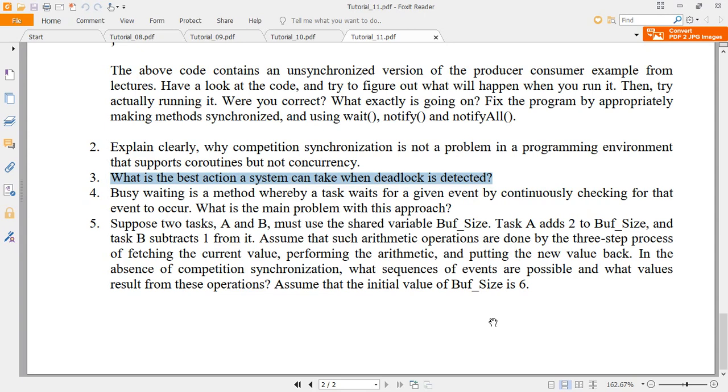Since there exist two threads, when deadlock occurs, assuming that only two program units are causing the deadlock because of the circular wait, one of the involved program units should be gracefully terminated. That means you may force exit it, or you may decrease the priority of that particular thread so that it will be gracefully terminated, thereby allowing the other thread to continue. This is one way you can avoid the deadlock.